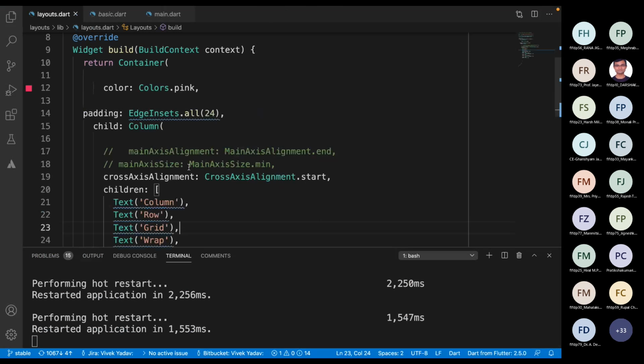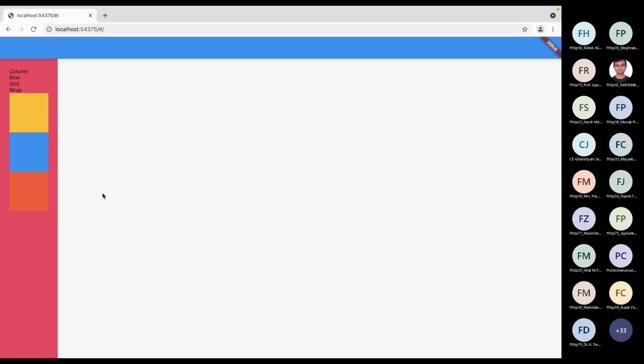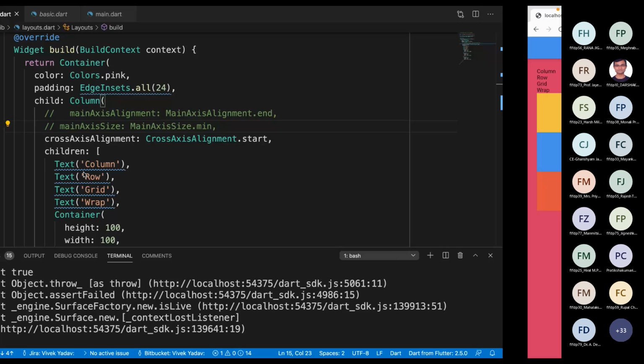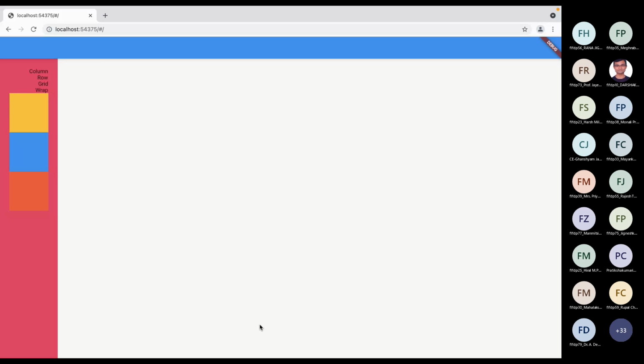I'm restarting our application. So this is for start, and this is for end. Can you see any change?